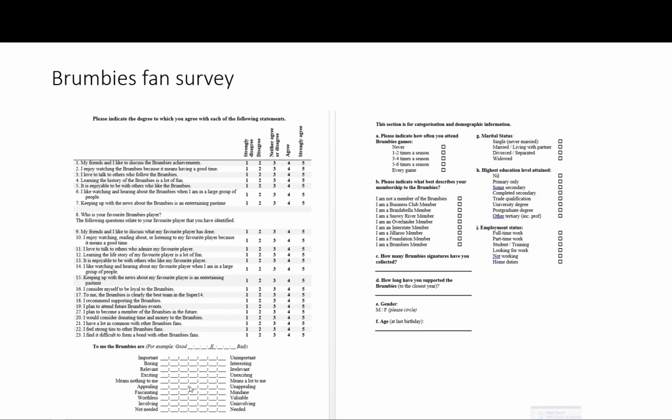So here is my survey that I used as part of my PhD. I did a study on Brumbies fans. For those who don't know, the Brumbies is the Canberra rugby union team. So this data was collected at the game. It was a piece of paper where people